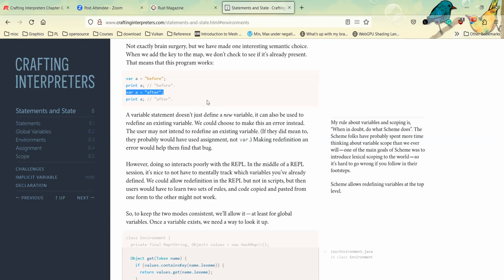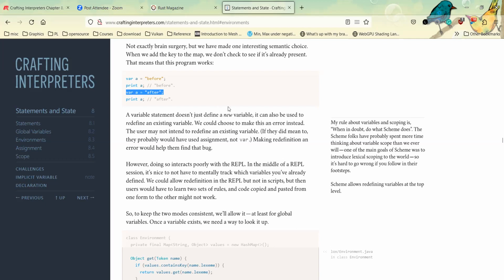So we have two sets of semantics, but that way we have two sets of rules, and users need to memorize two sets of rules, and they're different.